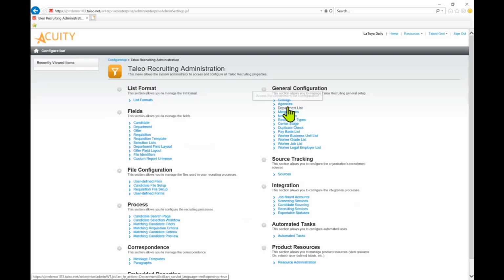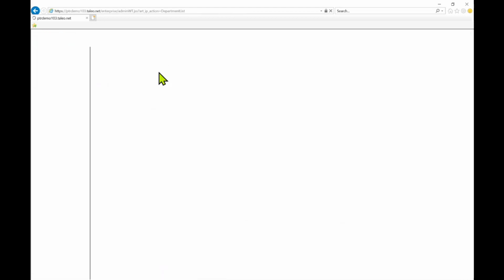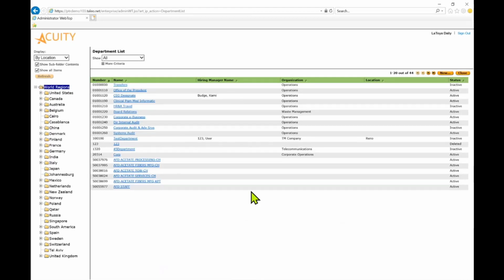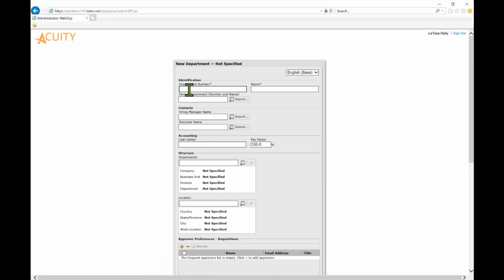I'm going to go into my department list. First off, I'm going to create a department. On the right, I can see a list of my departments that are currently there. I'm going to select New to create a new department. I'm going to give my department a number, a name,